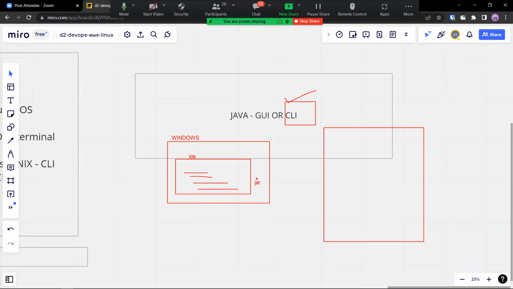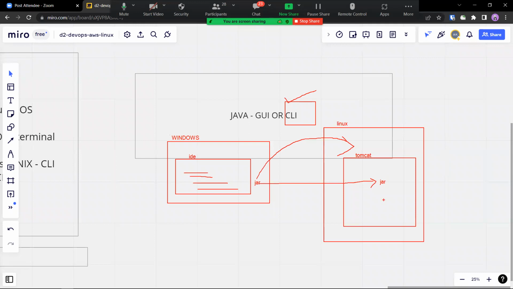The jar file goes to a Linux server. This is your Linux server, and on it you usually have a Tomcat server. On the Tomcat server, you put this jar file.